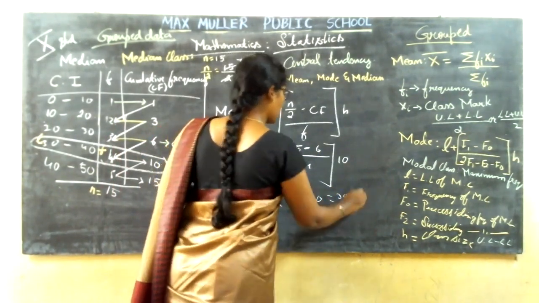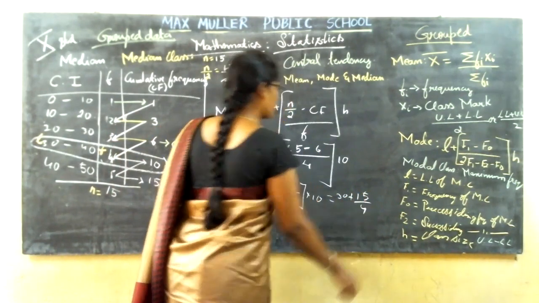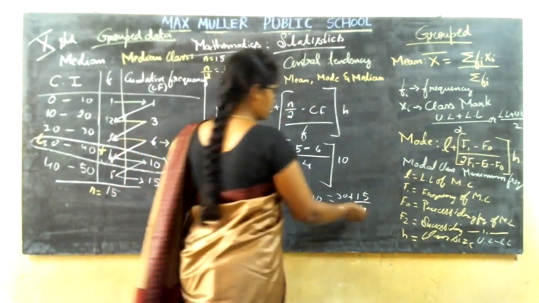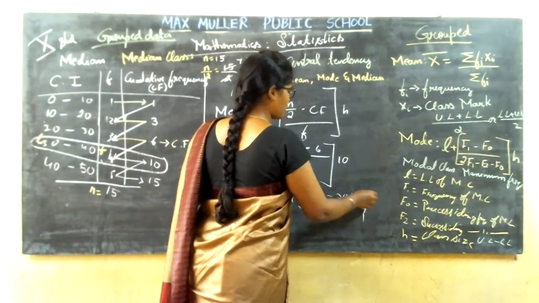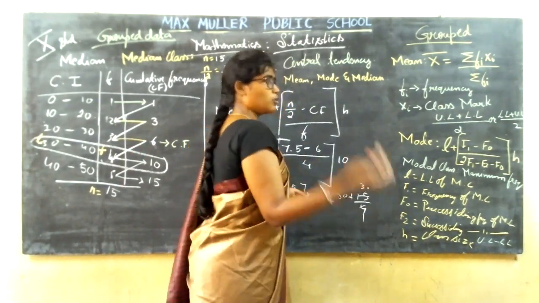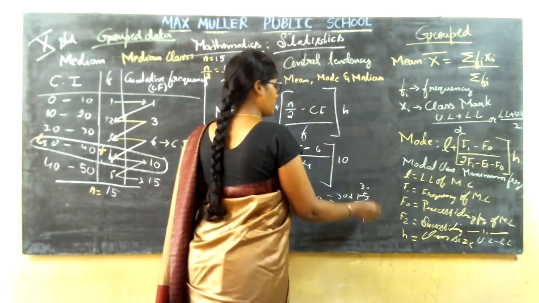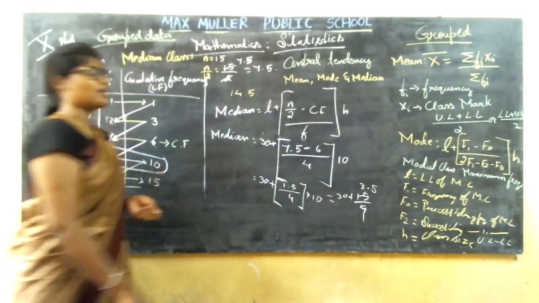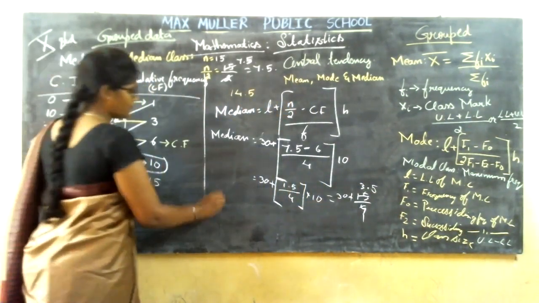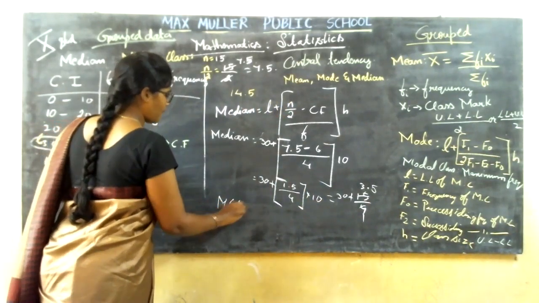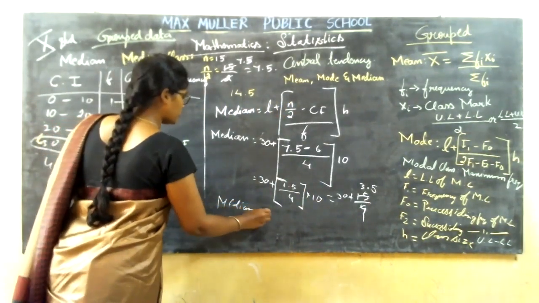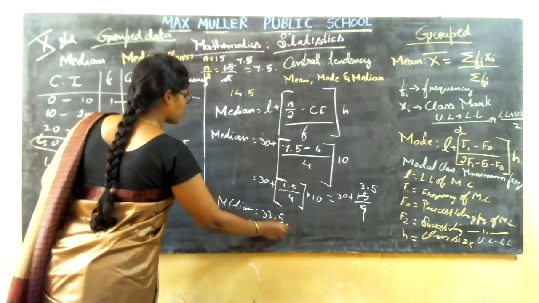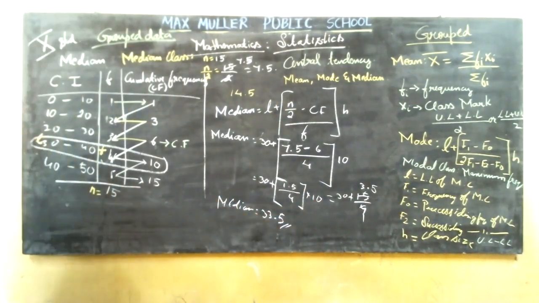30 plus 15 divided by 4. You can cancel it here itself, it is your wish. So, let me cancel here itself. 4 threes are 12, from 15 you are left with 3. 3, when you put a point, you will get 30. So, 4 7s are 28. Now, 30 plus 3.5 is what? So, median is equal to 33.5. What is the median you get? 33.5.